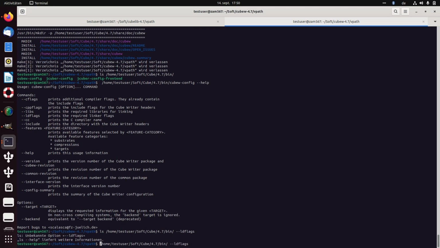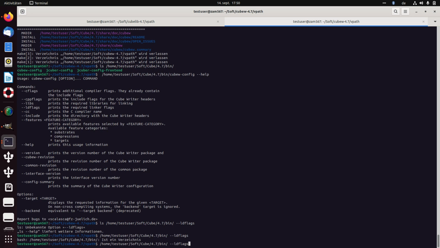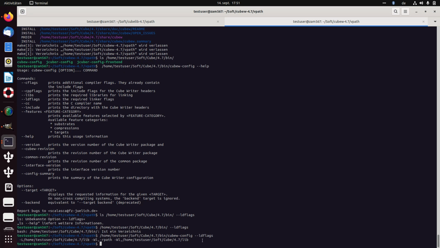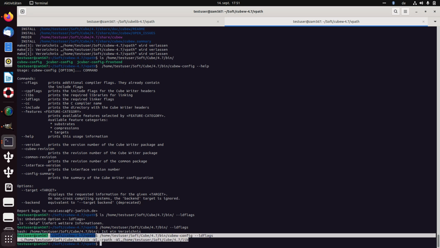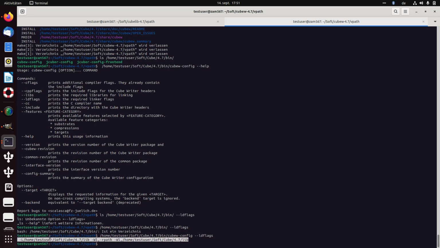Here, it reports that one has to add this line into the compilation command